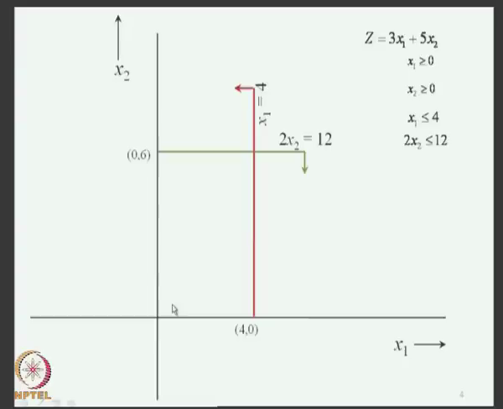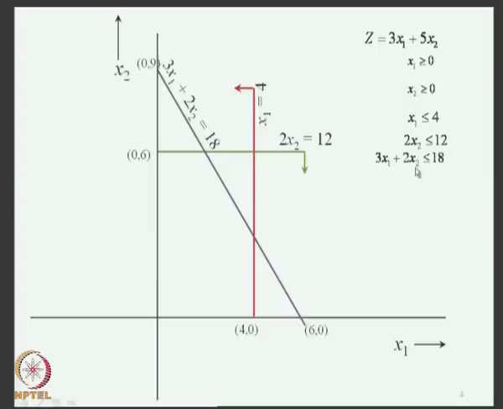Then we also add the third constraint, namely 3x1 + 2x2 ≤ 18. So, you draw a line 3x1 + 2x2 = 18. How do you draw? You just need 2 points. So, put x1 = 0, you will get x2 = 9. So, (0, 9) is one of the points. You put x2 = 0, you will get x1 = 6. So, (6, 0) is another point. So, simply join these 2 points, you will draw the line 3x1 + 2x2 = 18.